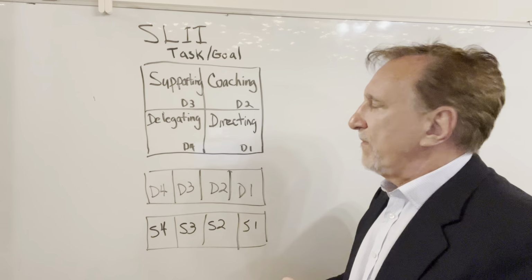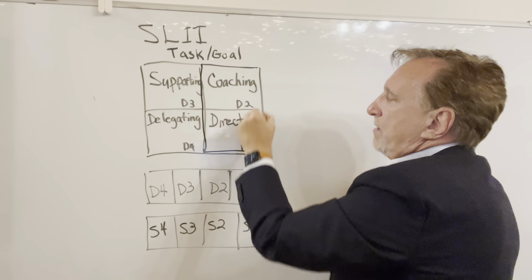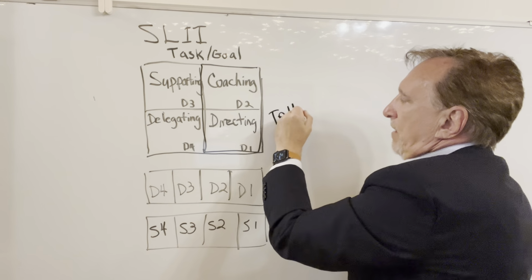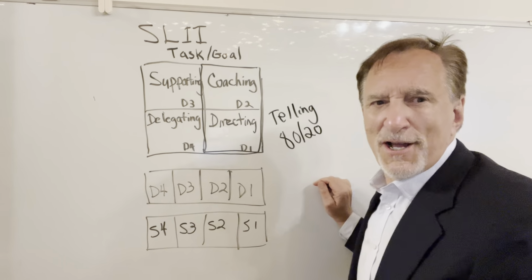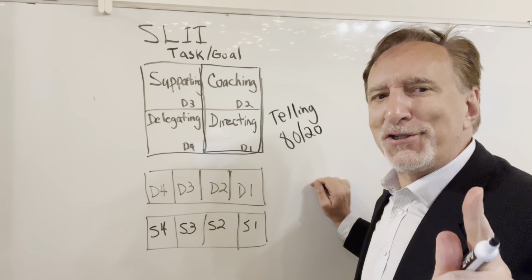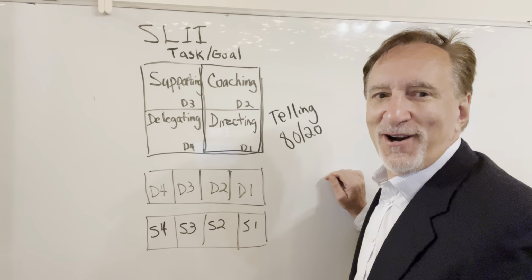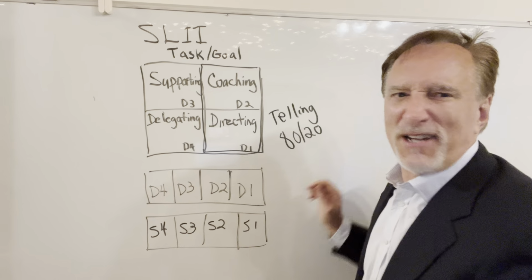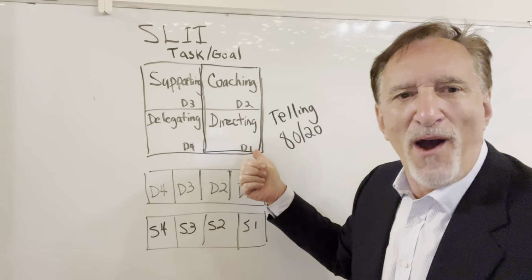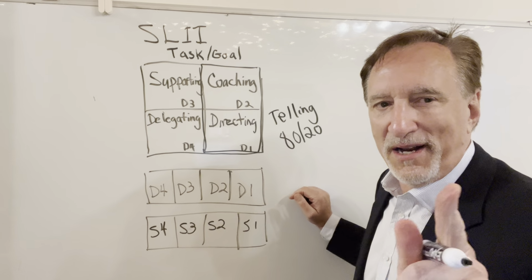So in order to get here, this side of the equation over here, you're doing more telling. In fact, you're probably doing 80-20. You're doing more telling than asking questions. This is where leadership training falls down. We start asking people questions here, when in reality, we're not supposed to be asking questions. They're just starting off. There's some people that say, "You're going to ask them questions. How are you going to do this?" Well, they don't know how. But you do ask them questions about their capabilities and development. And I'll get that in just a second.